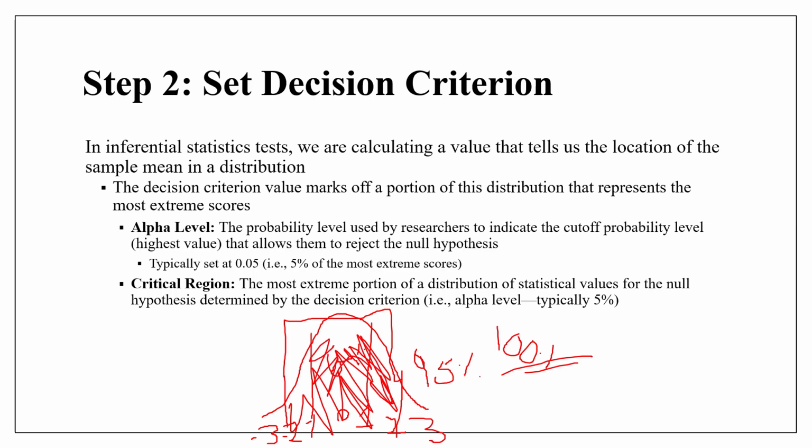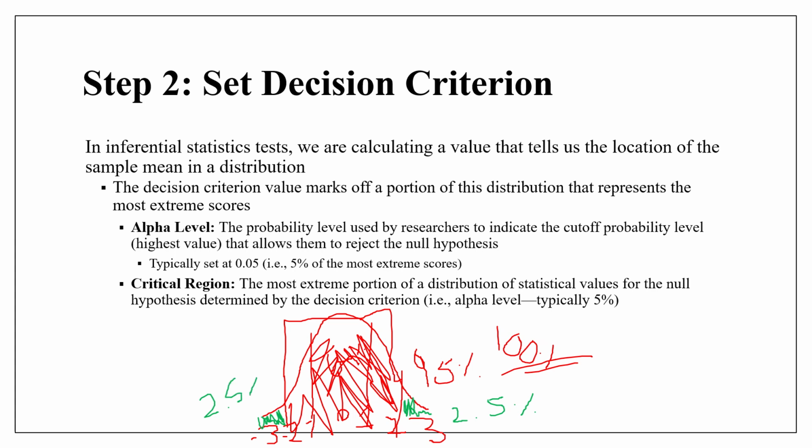And what is left over is going to be this area right here and this area right here, which put together is going to be 5%. So we have 2.5% on this side, and we have approximately